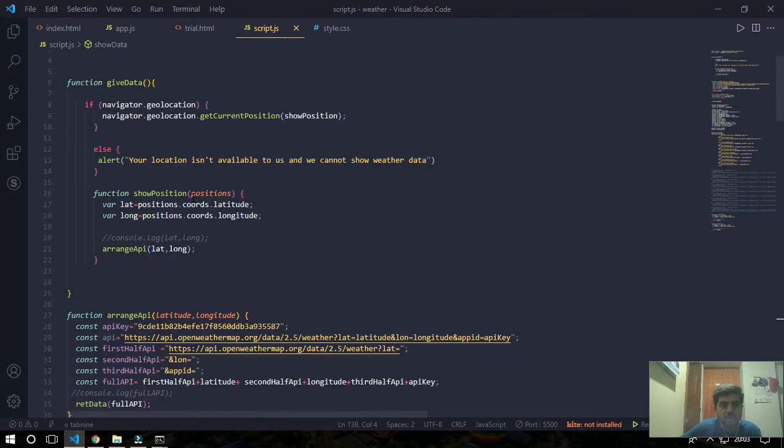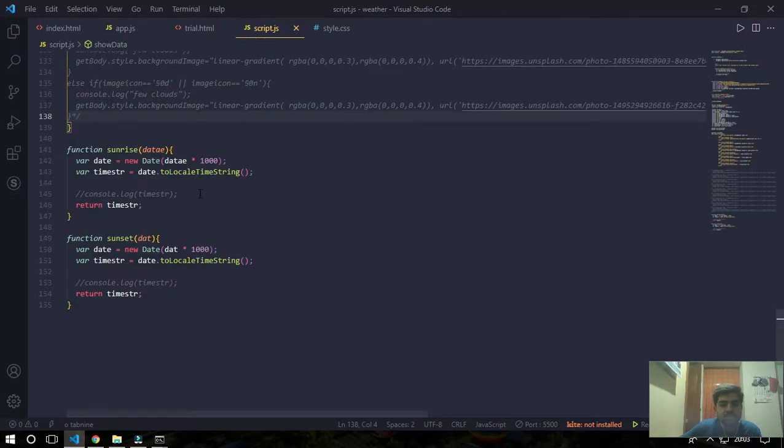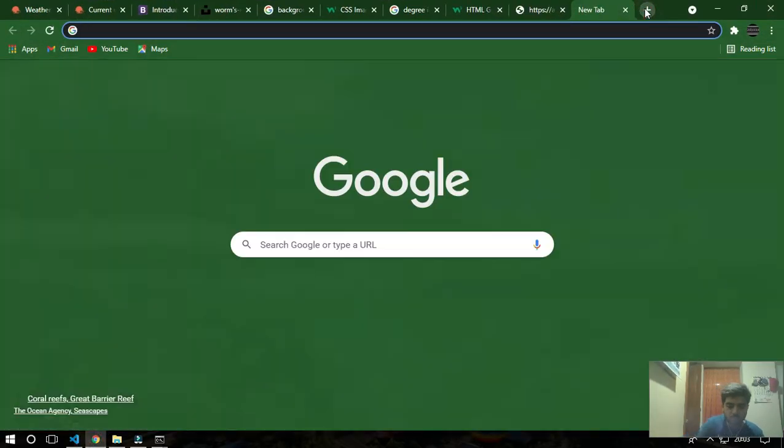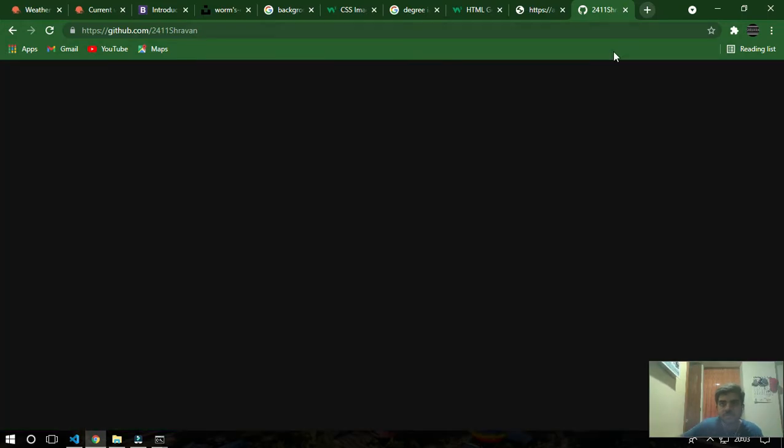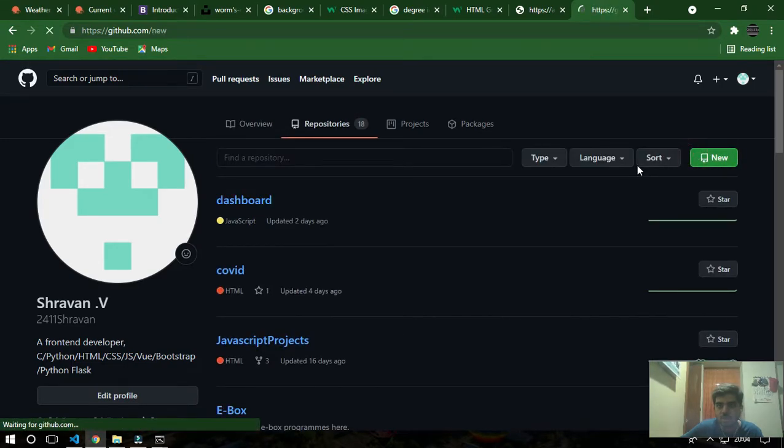Now comes the good part, deploying to the hosting services. First let's upload this to GitHub, then from GitHub let's take that repository into Netlify. On GitHub, there is already one weather app that I did last year, I guess. New, I'll just call it